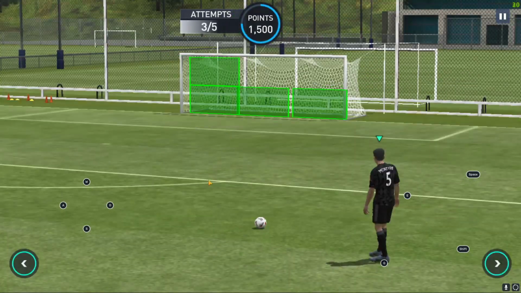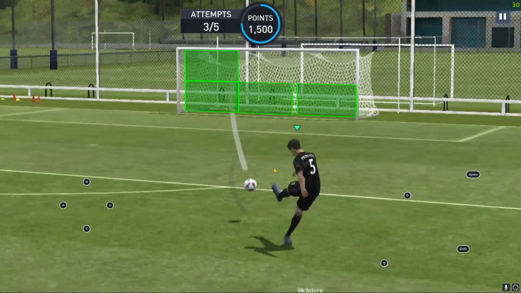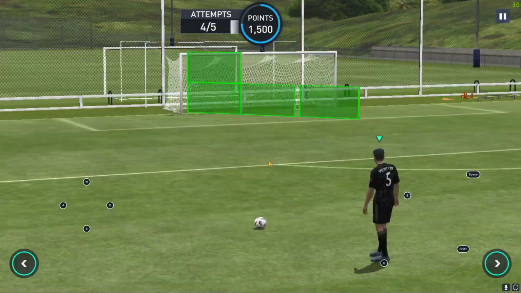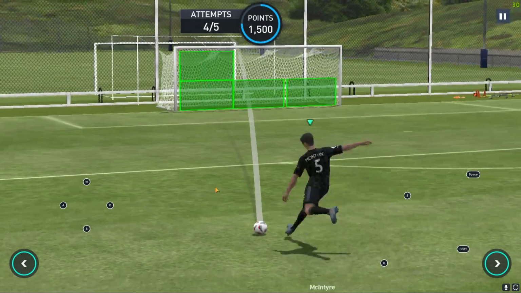If you want to have it kind of like a knuckleball but with a curve, you go towards the position and you kind of swivel back to the position. And it does like a knuckleball type